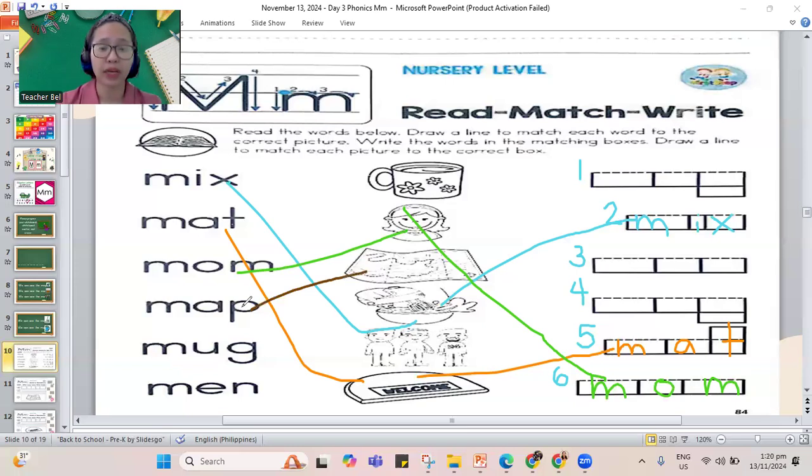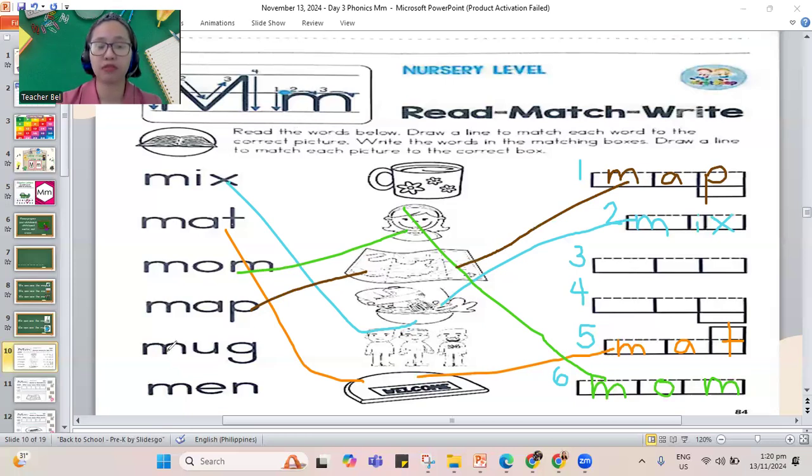Where can it fit, in number 1 or in number 3? It should go in number 1. M, A. And the letter P, that's our word map. Let's make a line also for our map. Done with our map. Now let's move on to the next one.